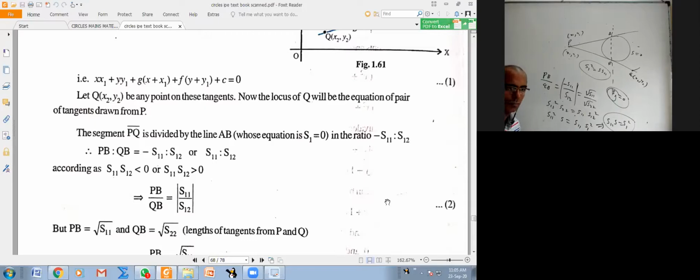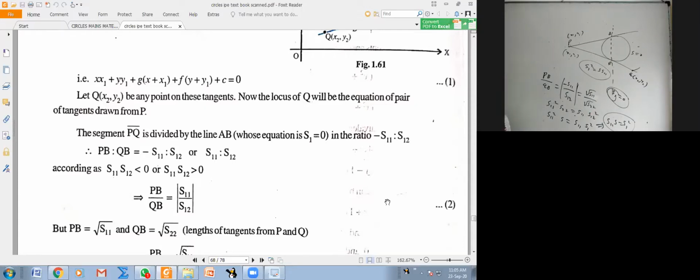Did you like this way of deriving it? Actually, it is normally very lengthy, but for a circle things are very easy. This length and this length, they found in two ways. One is how this line is dividing this segment, the minus L11 by L22 formula. Another one is this length of tangent, this length of tangent. They're done. Understood?